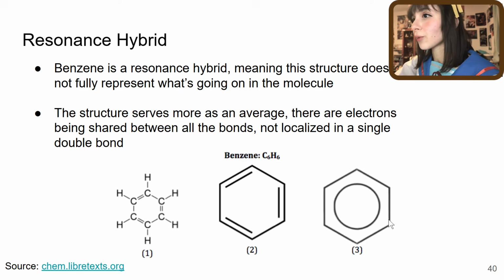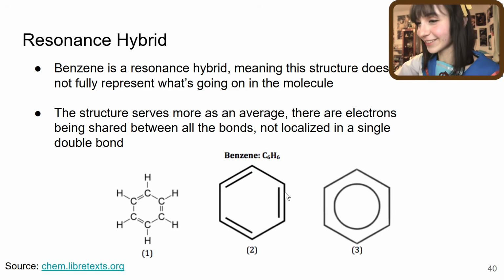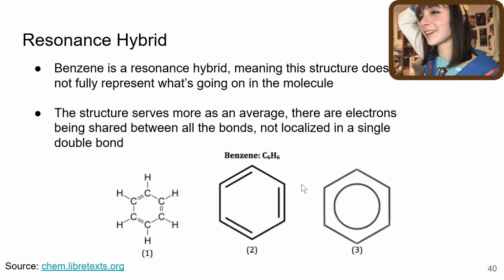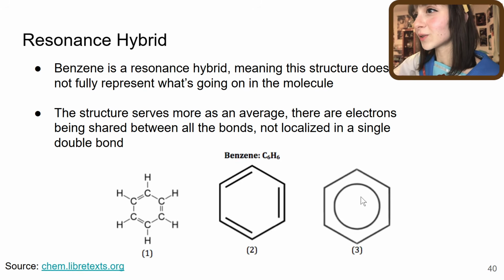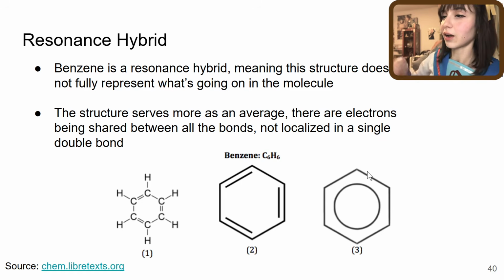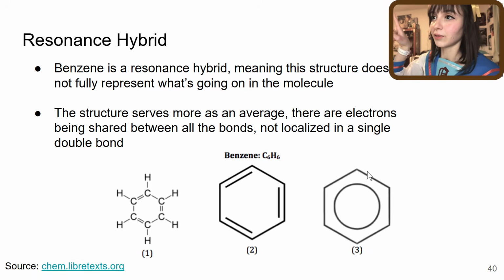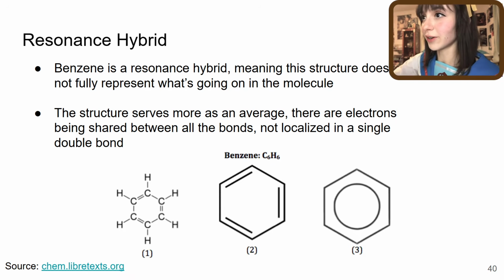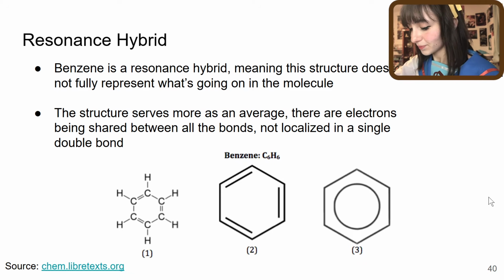And these are two other representations of how they sometimes will show benzene. These all mean the exact same thing. This is basically like organic chemistry. They don't even write the C's or the H's. They just assume if you have an edge, you have a C and an H. So that is how it works with organic chemistry. And then also this one with the circle in the middle kind of represents a little bit this double bond, single bond conundrum situation.